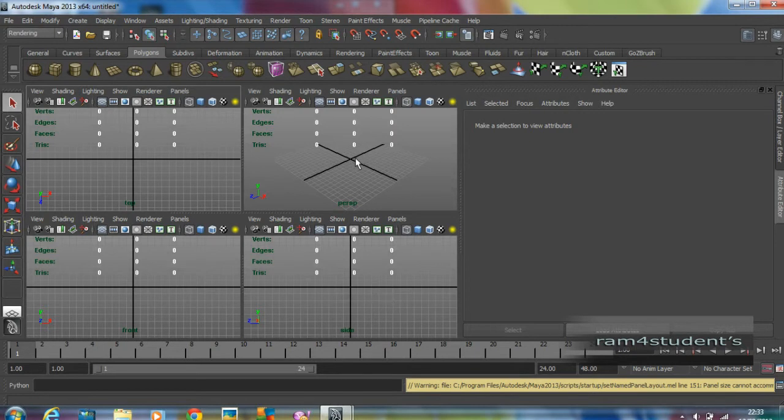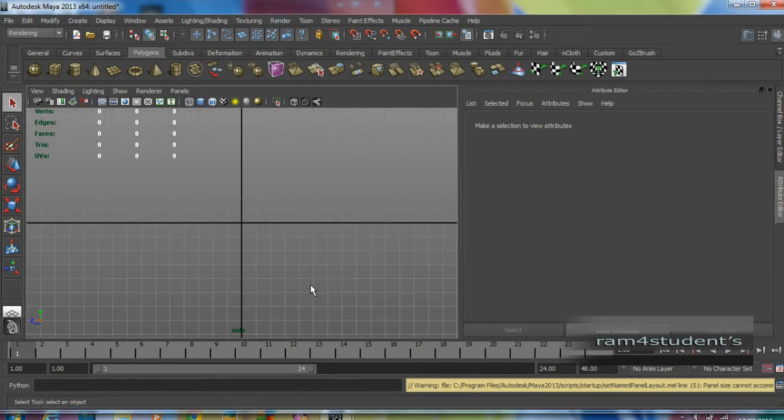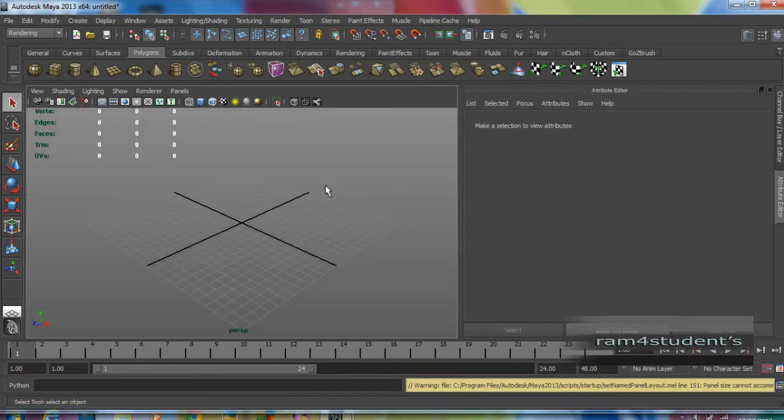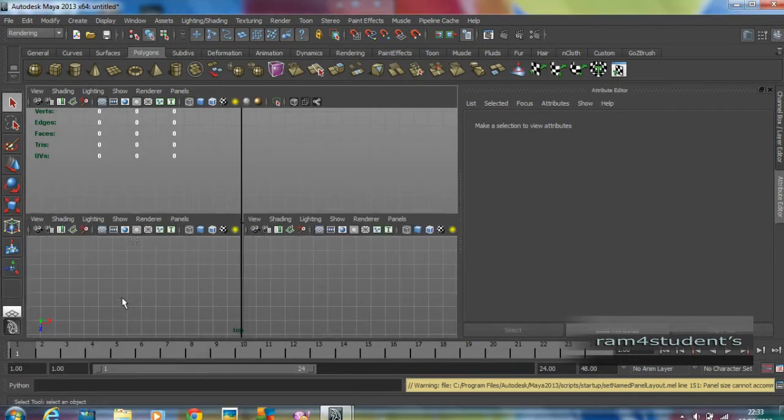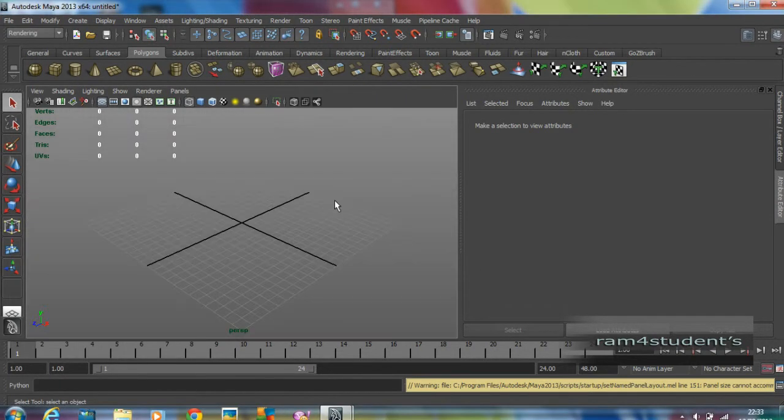And if you move your mouse cursor over any of the viewports, whichever you want to maximize, just move your mouse cursor there and maximize. Right? Now, the second thing is